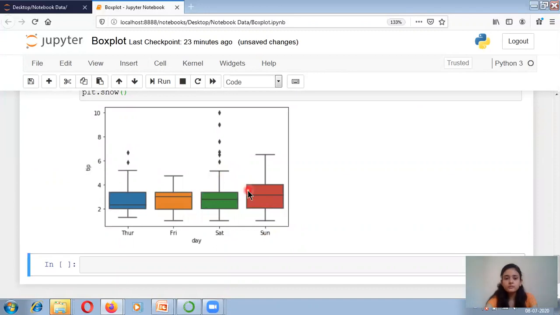The data is also very dispersed on Sunday compared to the other days. On Saturday, that is the weekend, someone is giving a tip such as $10 also, but it is a very rare case. Only some parties give that, not all. So this is what the box plot is, and this is how we can extract information using the box plot.